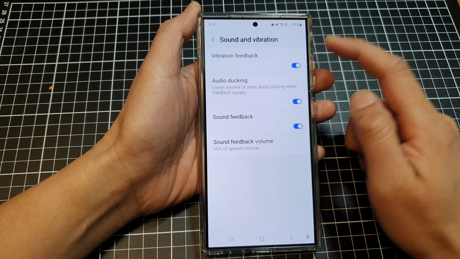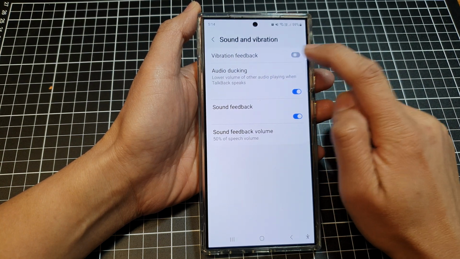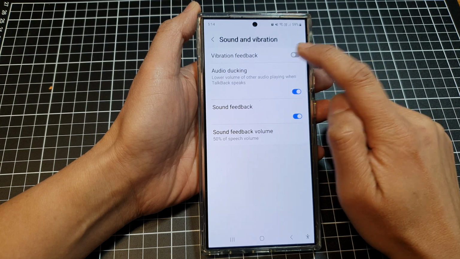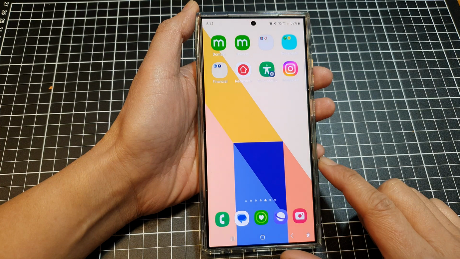At the top here, tap on vibration feedback. Tap on the toggle button to switch it on or turn it off. And that's it. After that, tap on the back key or tap on the home button to return back to